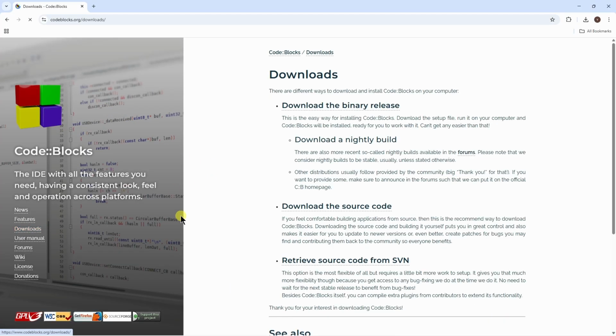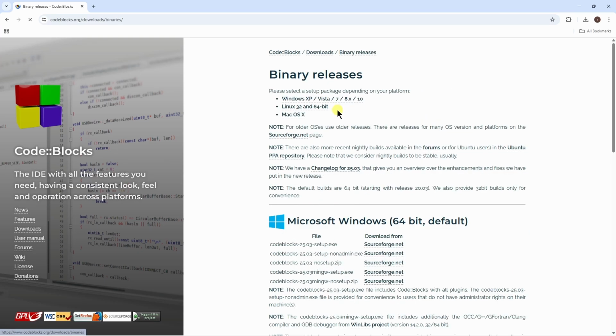left hand side, and when you click on it, then it will show you all of the download types. So if you want to download the binary release, then for that click on the first site, and in case you want to download the source code, then you can do that too. I want to download the CodeBlocks app, so for that we need to click on download the binary release like